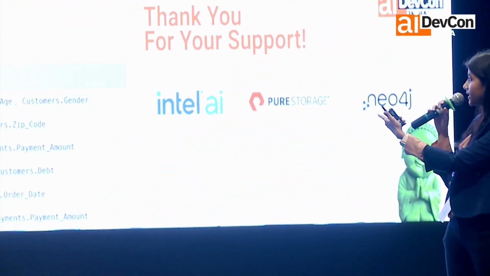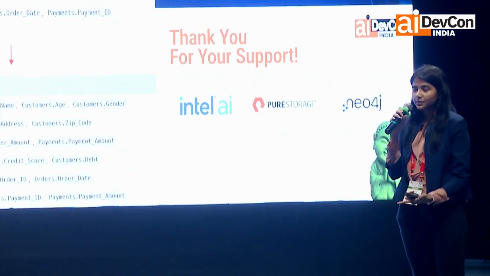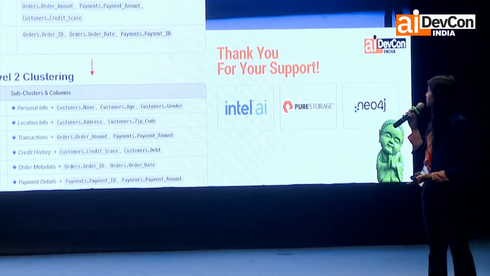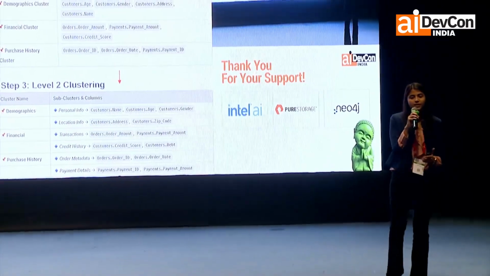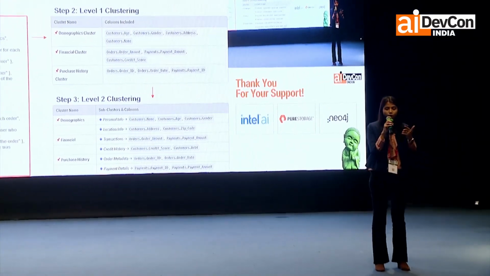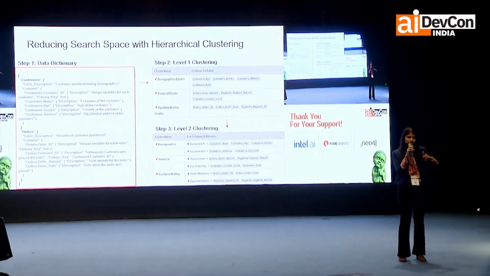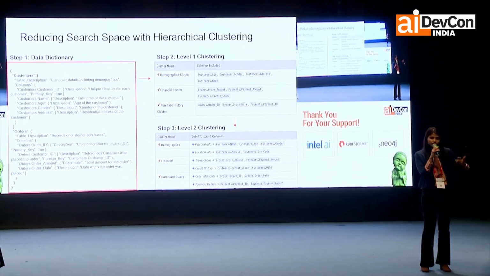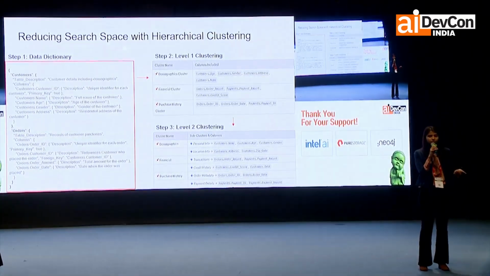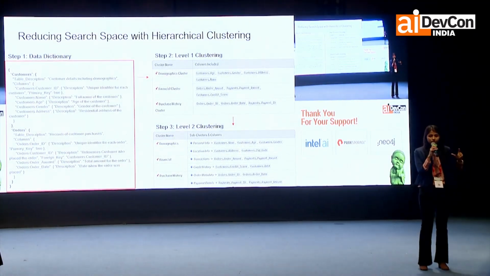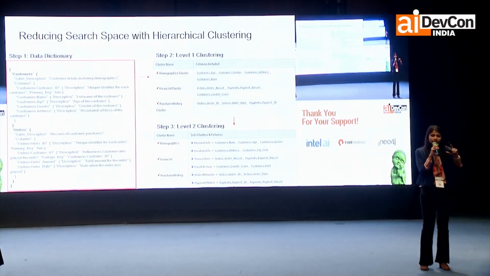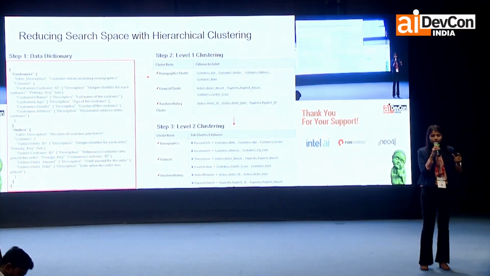So we understood that RAG alone is not enough. Now what else can we do? What we did is, we had a database schema, as we can see on the left side, where we had table description, column description, etc. What we thought of is, what if we take the columns? If we notice here, the columns are represented as table name.column. If we take all the columns, which will have their table names anyway, and we try to group them, we try to cluster the related, similar columns in one cluster.